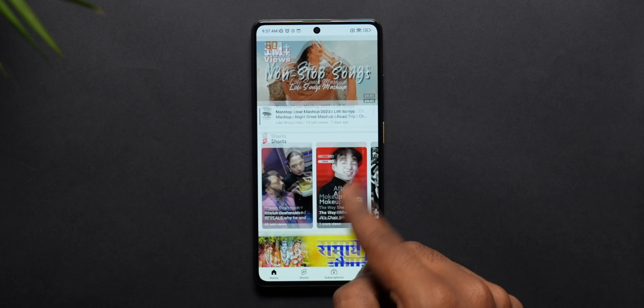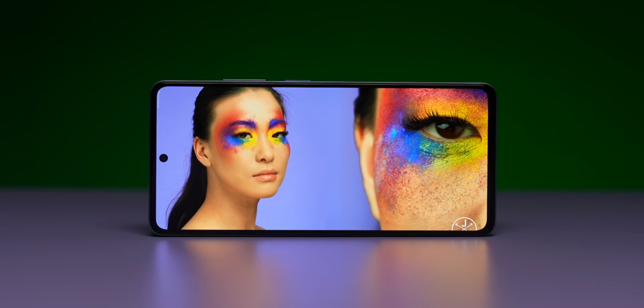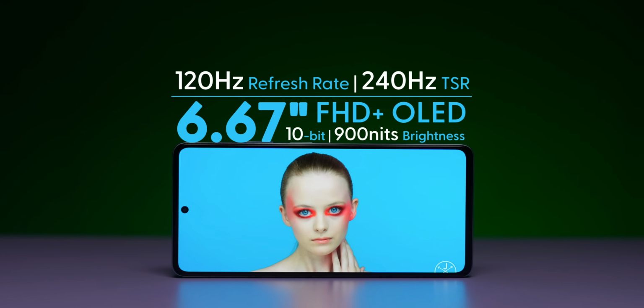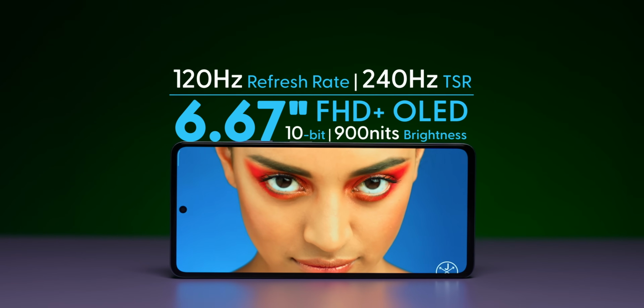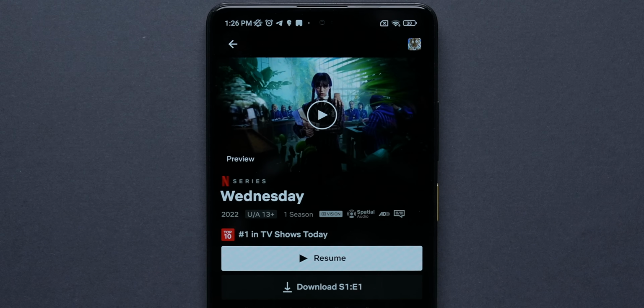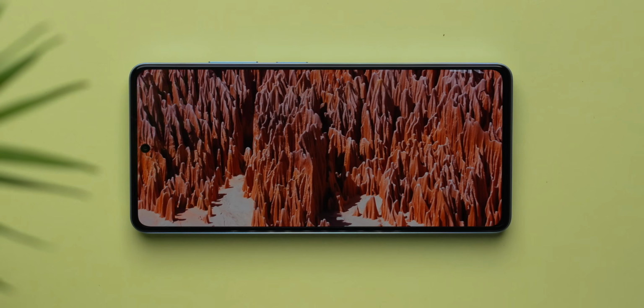The refreshing is very smooth as well. Apart from that, you've got 100% DCI-P3 color gamut. You use the professional mode. The color tuning is very natural too, and you get a 10-bit display with Dolby Vision support. Now, Dolby Vision support is also available on Netflix, and HDR content generally looks very good on